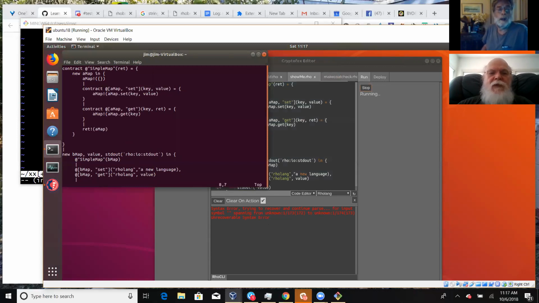Oh, there's a missing parenthesis two lines up. Aha. Capital A, fence the line, and parenthesis.